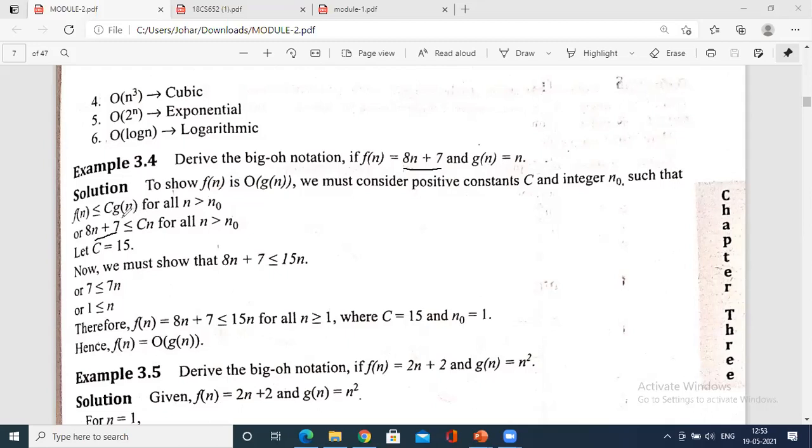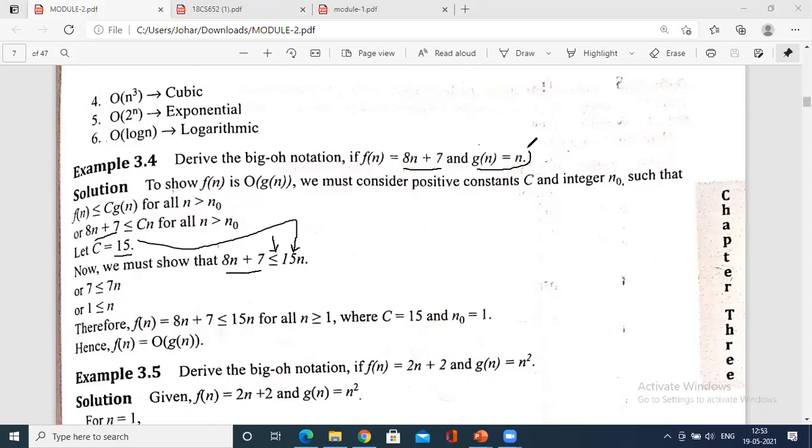This is from the formula we have derived, upper bound. So C of G of n should be greater, no? In order to make it greater, 8 plus 7 is 15. 15 should be a constant. Let us assume C equals to 15. 15 multiplied by anything is always greater than 8n plus 7. So with respect to that point of view, let us assume 8n plus 7 is less than or equals to the value, let us assume 15 as a C constant, C of G of n.